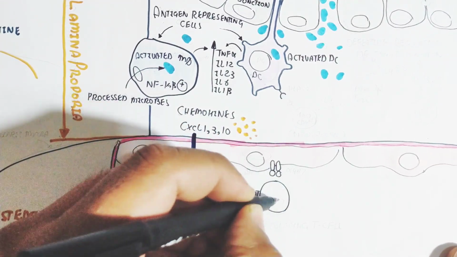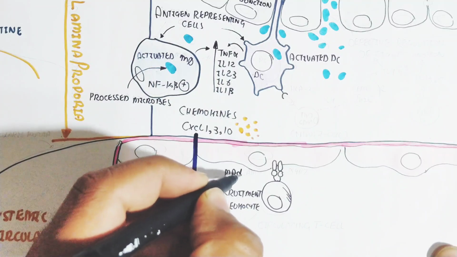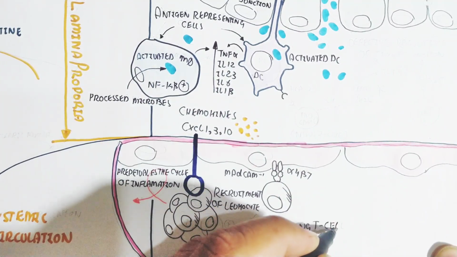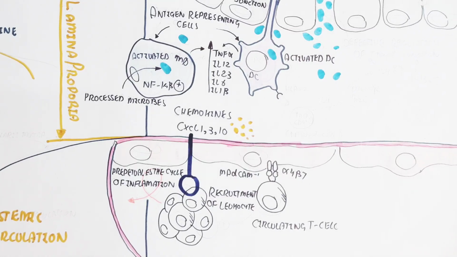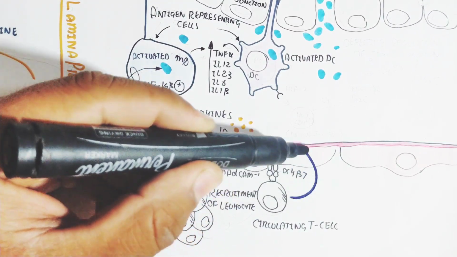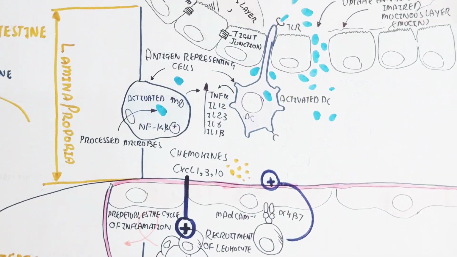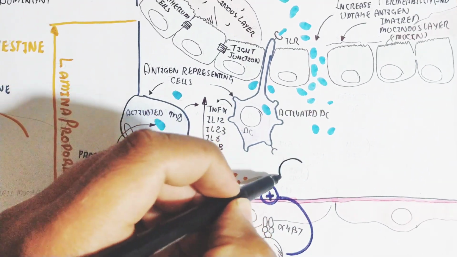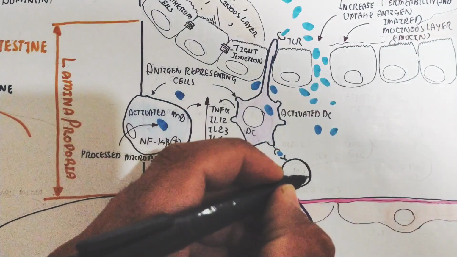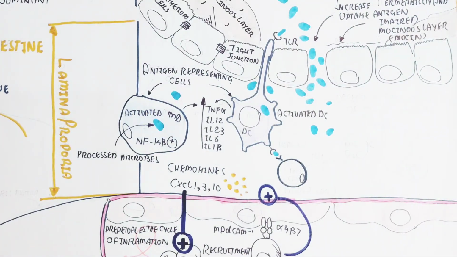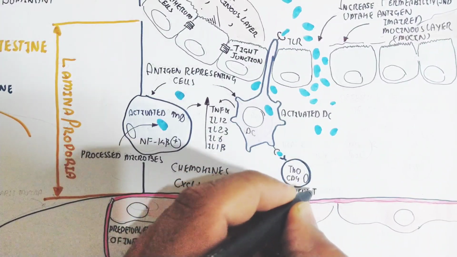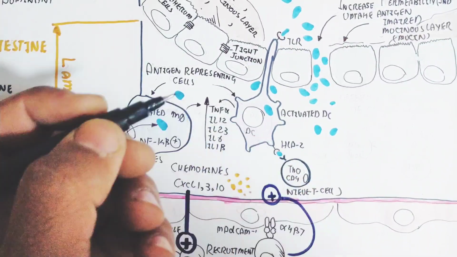In this way, the circulating T cell binds with the alpha 4 beta 7 receptor and the MADCAM1 molecule. Once bound, the T helper 0 CD4 naive T cell, which is inactive, is activated through